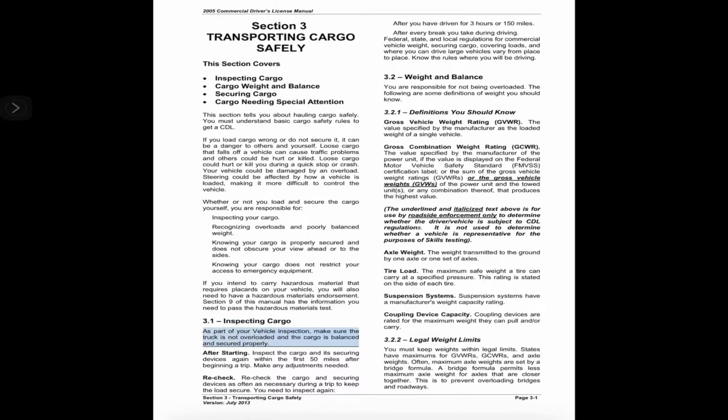3.1 Inspecting cargo. As part of your vehicle inspection, make sure the truck is not overloaded and the cargo is balanced and secured properly. After starting, inspect the cargo and its securing devices again within the first 50 miles after beginning a trip. Make any adjustments needed. Recheck the cargo and securing devices as often as necessary during a trip to keep the load secure. You need to inspect again